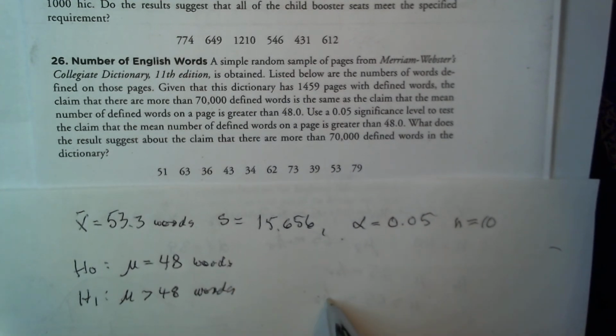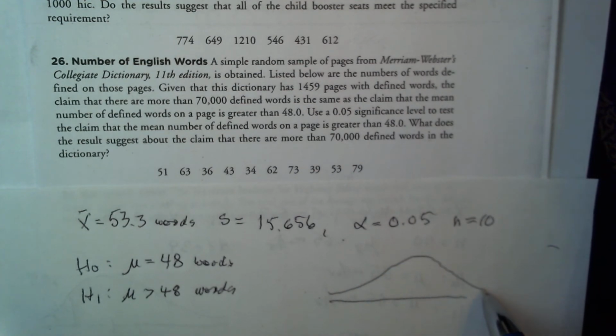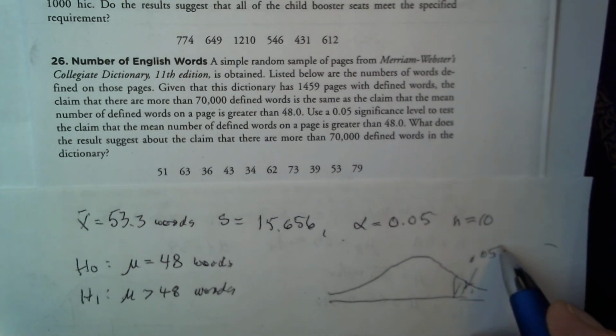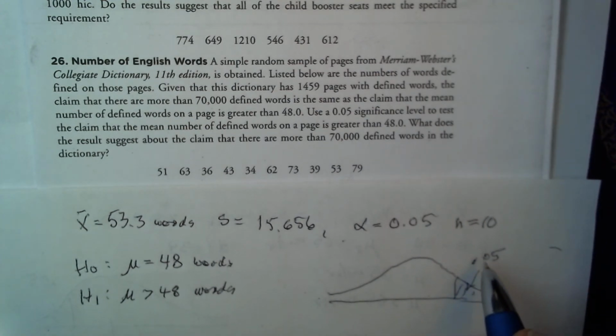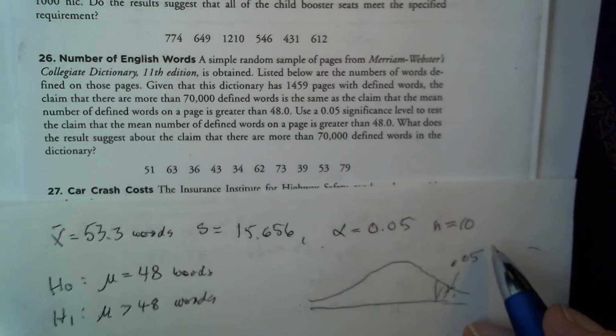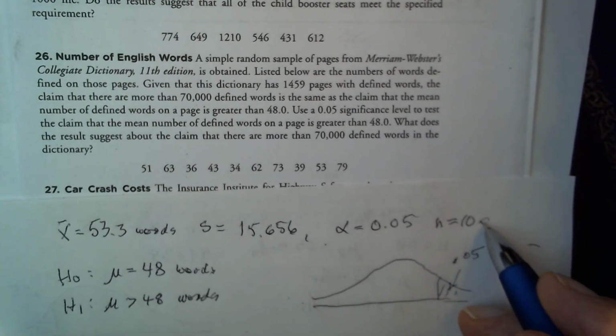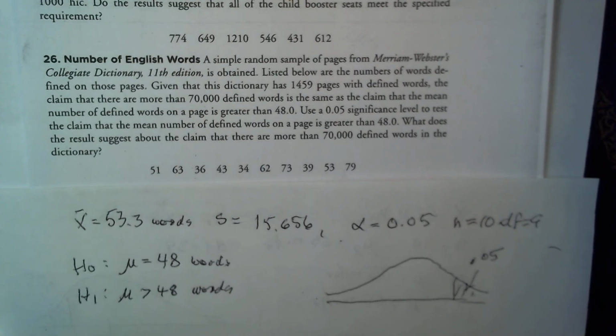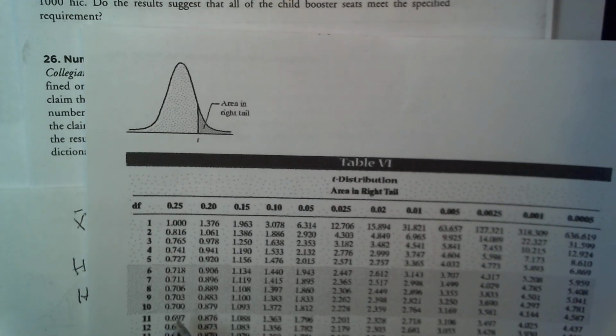So we have a right tail distribution, and the area is 0.05. And n equals 10 means our degrees of freedom is equal to 9. So when we use the table to look up our critical value, we go to 9,